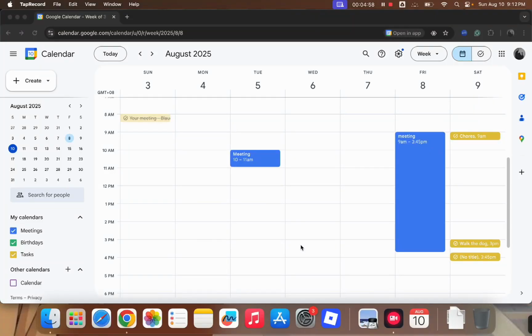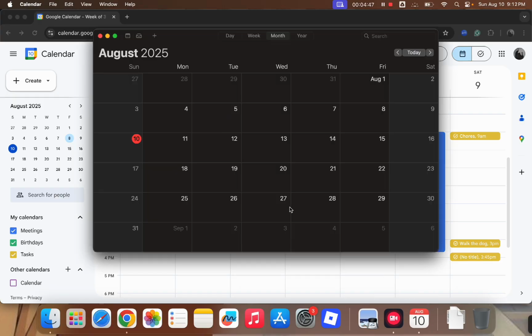Hey guys, for this tutorial, I'm going to show you how you can sync your Google Calendar with your Apple Calendar on MacBook. So first, you want to go ahead and open the calendar on your Mac. And then over here at the very top, at the top left corner, just click on the calendar